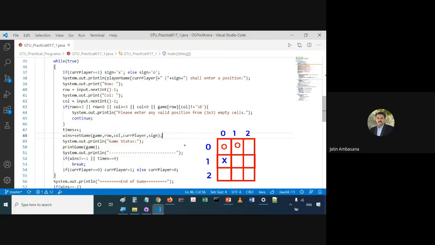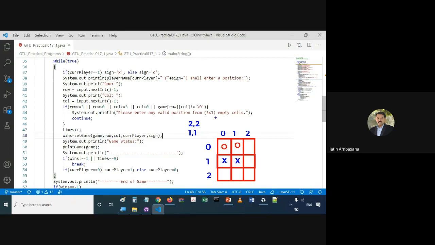Now it's X's turn. Let's suppose that X enters 2 comma 2, which is equivalent to 1 comma 1. That is, X enters this particular location. It enters X over here and checks whether these two locations are the same. Yes, that is right. But then it also checks whether these two locations are the same or not, but that will not be correct. So it will not say that this is the winner, and then it returns back and it's again O's turn.